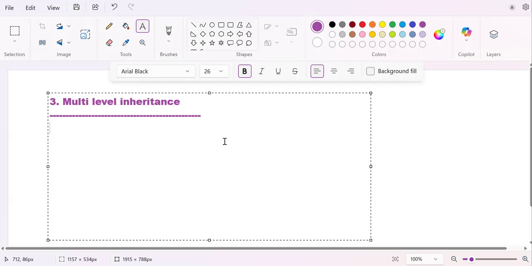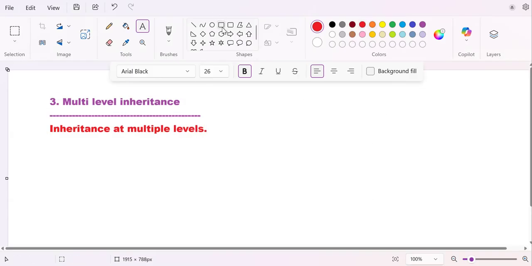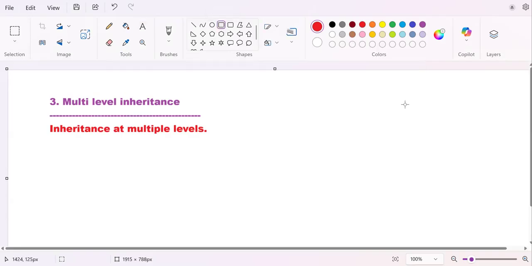So when you see inheritance at multiple labels, that is known as multi-label inheritance. Inheritance at multiple labels. So that is what multi-label inheritance is. Okay, if you don't understand, you may understand now. Okay, so for example,